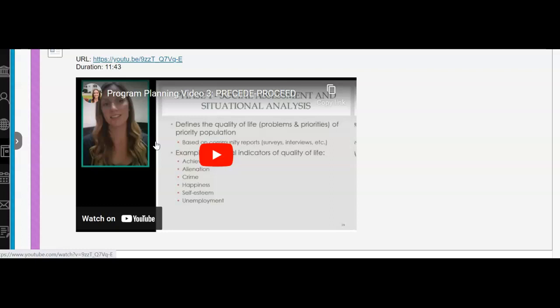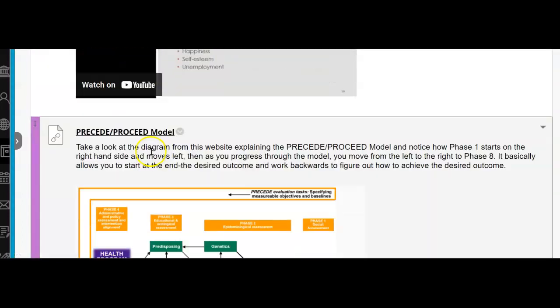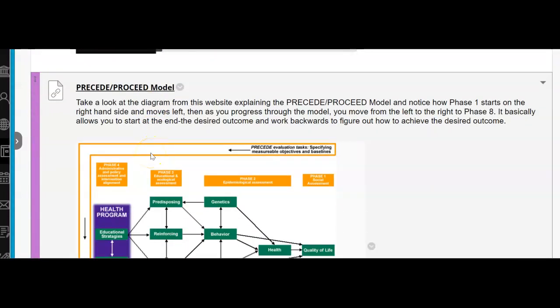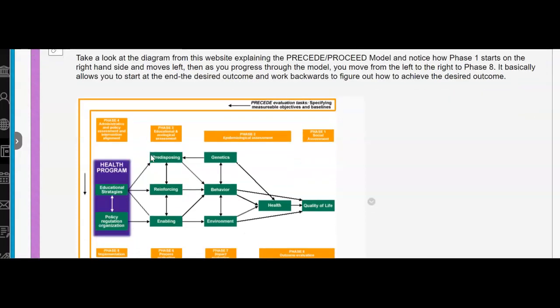Now, the model is also within your readings, and there's one picture of the model, but there's actually 2 depictions of the model. For ease, she goes over both. But I also have the 2 different ways of looking at this